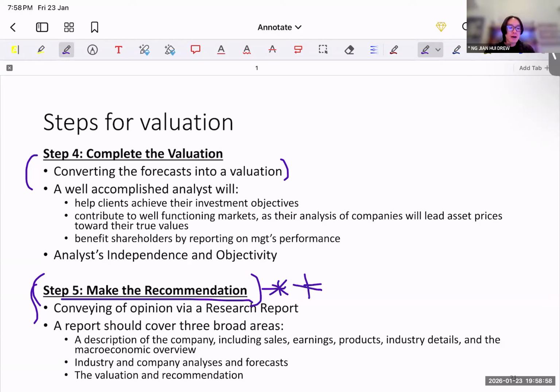So when you do a valuation report, do always remember that you have to make some form of conclusion. And typically in your assignments, a conclusion can be easily 5 to 8 marks, right? Sometimes I see reports where they forget to conclude, it's very unfortunate, right? So you just lose the 5 to 8 marks immediately. So do be very careful and make sure that you form an opinion at the end to conclude based on the analysis that you have done.